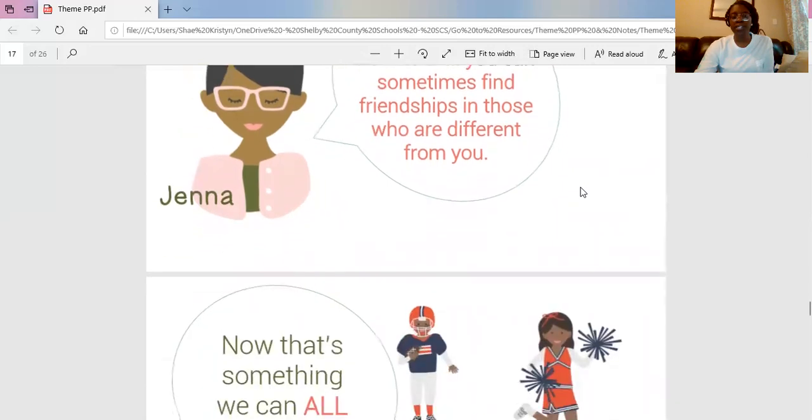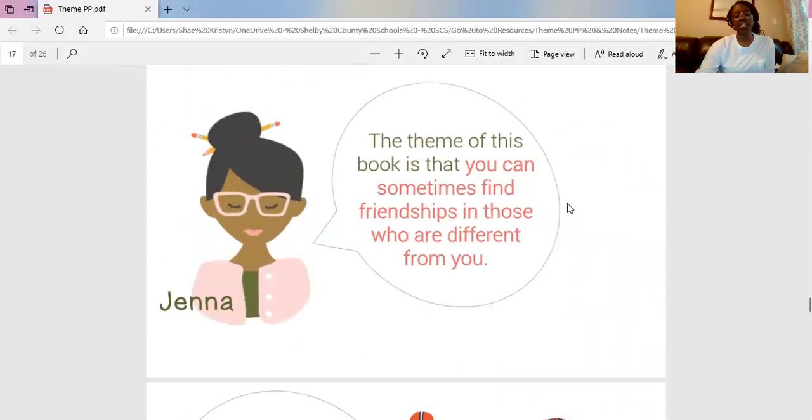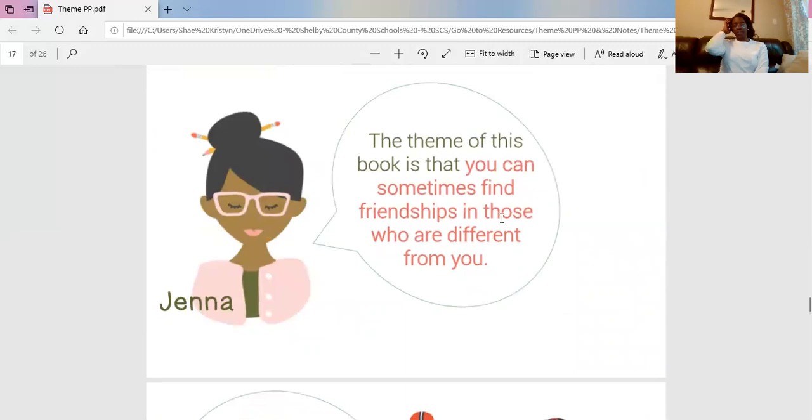Hopefully you decided that it was better because it's something that we all can relate to. So in this particular story about Brad and Kelly, even though it's about Brad and Kelly, when we learn about the theme of a story, we want to make sure that we're not being specific to those characters. So I know that Brad and Kelly became friends, even though they were two different people. I have to show that the theme is not specific to just Brad and Kelly,